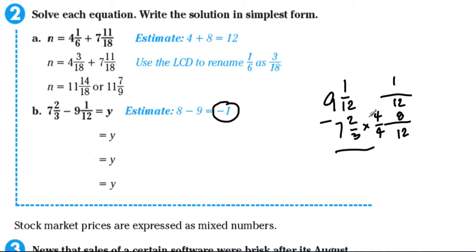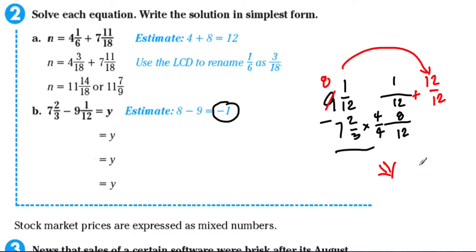Okay? Now going back to our borrowing. You cannot subtract 8 from 1 in this case. It's a fraction. So what do we do? We borrow 1 from 9. This becomes an 8. And the one that we borrowed, we add to 1 over 12. So we added 12 over 12, which is also equal to 1, which is the one that we borrowed from 9. Okay? So this becomes now 8 and, going back down here,